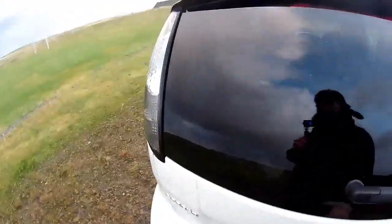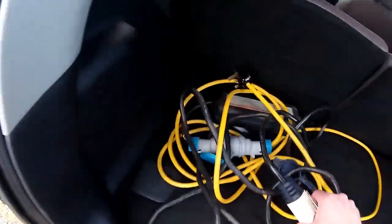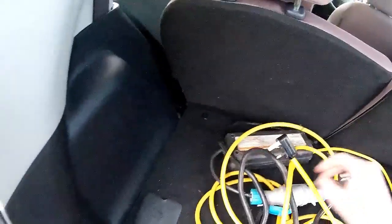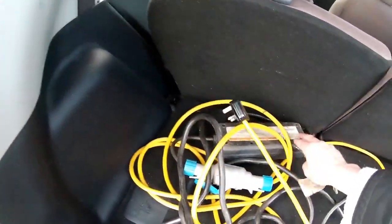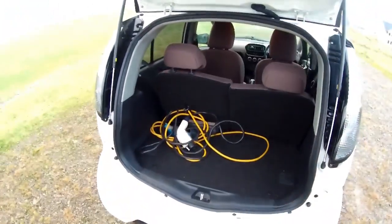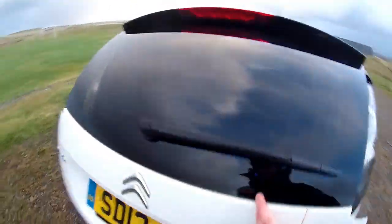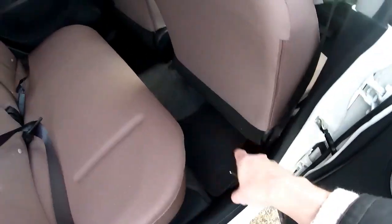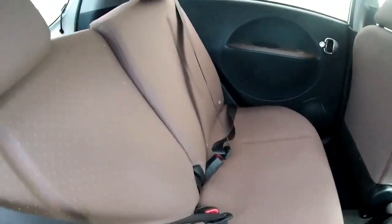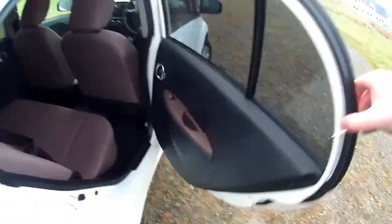It's very clean. We've just had it valeted. The granny cable is here with an extra long cable that's been installed on the end, so it's an extremely long granny cable which will charge this at 10 amps. The back seats also fold flat, which is really useful on the C-Zero. This is the same vehicle as the Peugeot iOn as well. Some proper Citroen overmats in all 4 footwells. We've just had it MOT'd, electric windows, nice clean door cards,